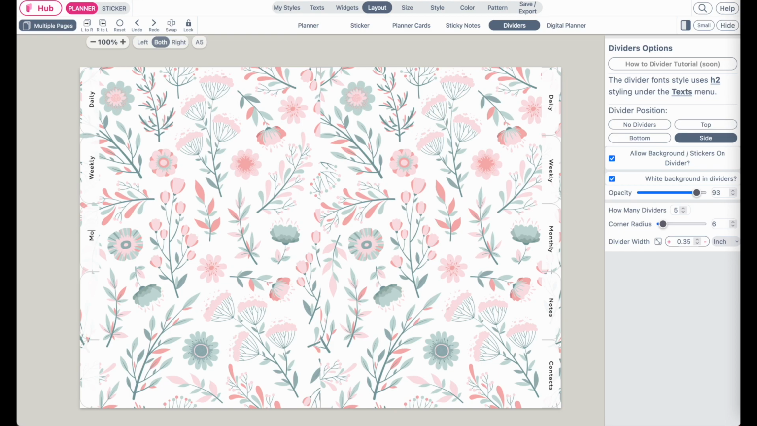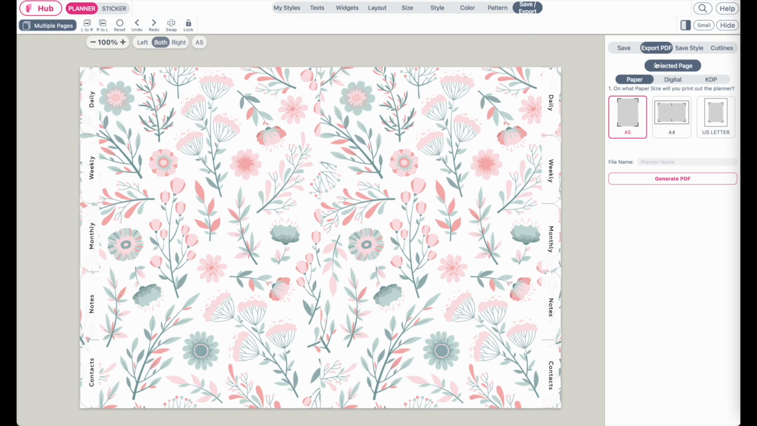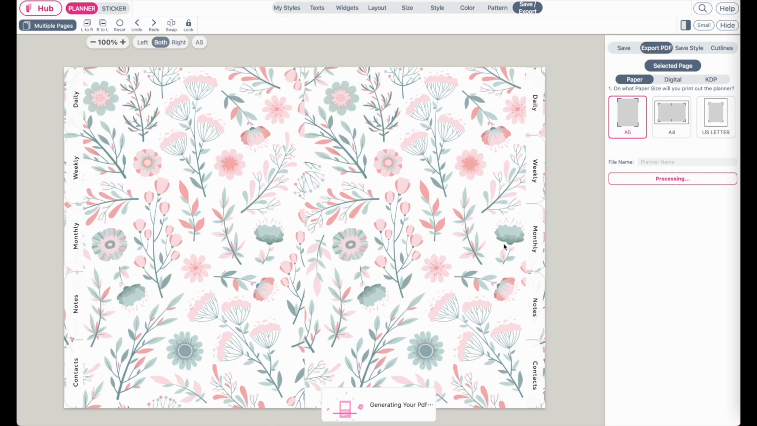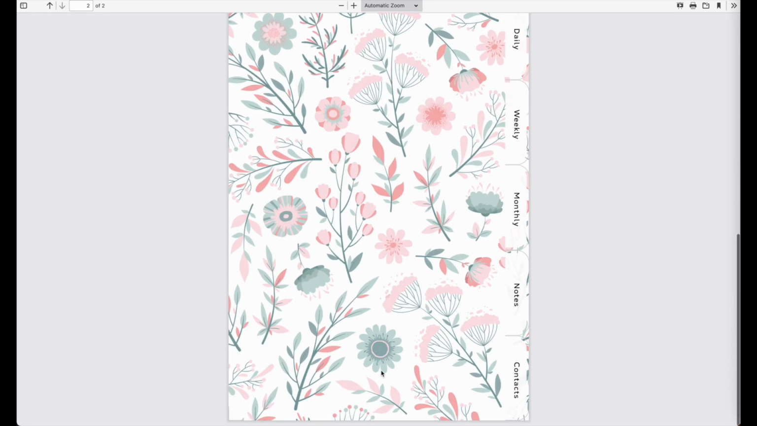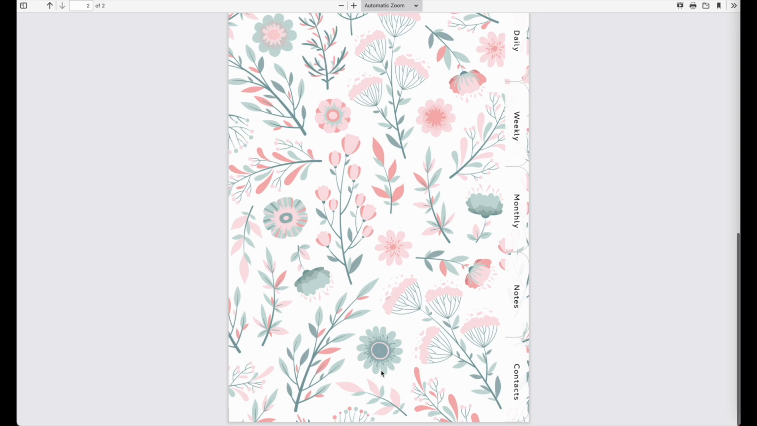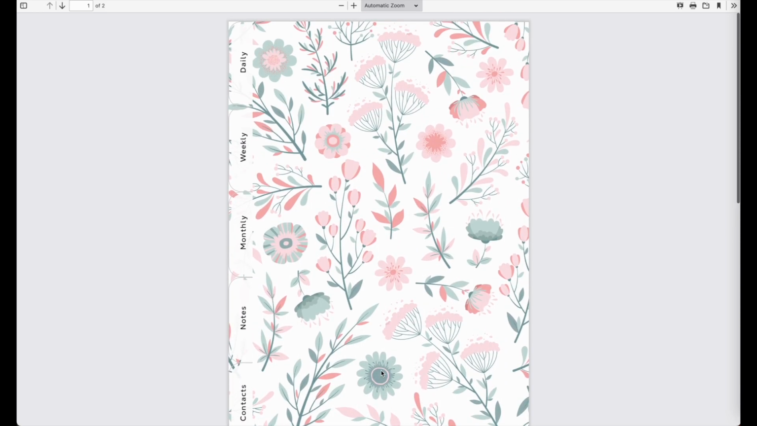So let me quickly do that. And then you can go to save export to export your dividers. You can do that by clicking paper, A5, and then clicking on generate PDF, and this will generate you the PDF file of the dividers. So here it is, click on download PDF, and here is the back side. And here is the front side, and then you will print out the dividers front and back and then cut